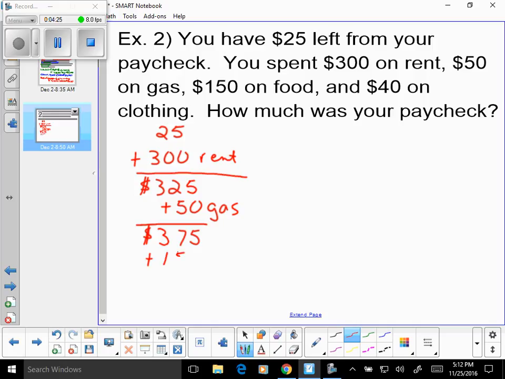Then you add the $150 for the food, which means $525. And lastly, you will add the $40 you spent on clothing, so that you know the paycheck was